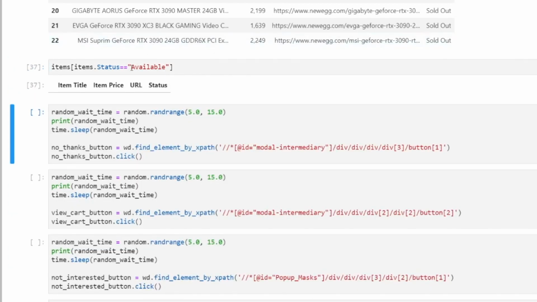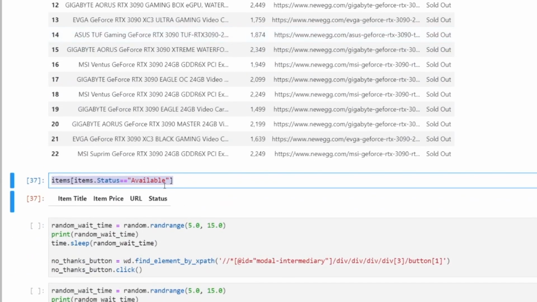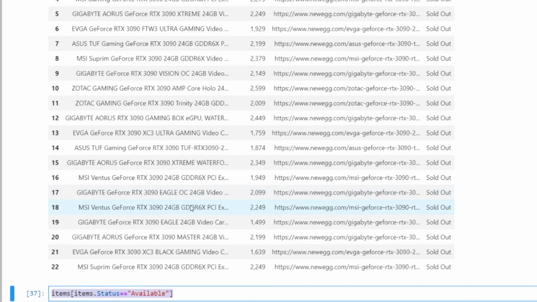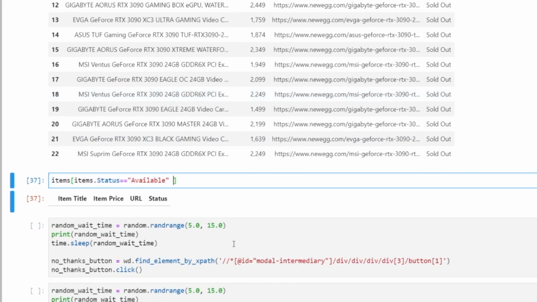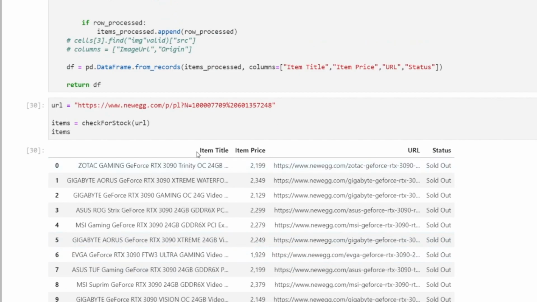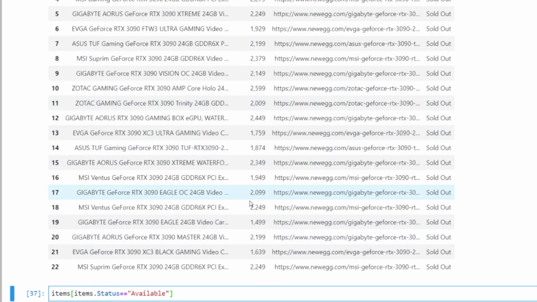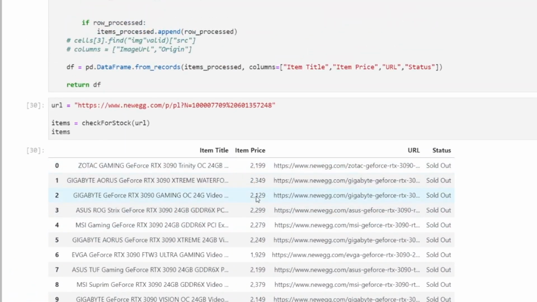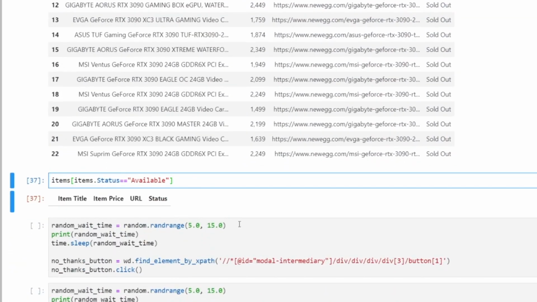So the idea is, if there's anything in stock, then this list will have one or two items. You can also do queries on the price, you can do some checks on that. But for now, I'm just going to keep it simple.